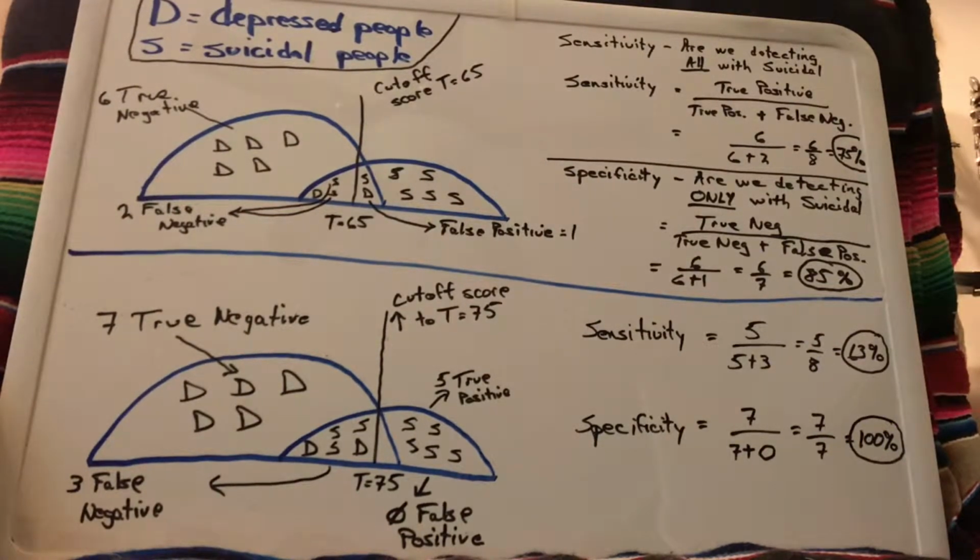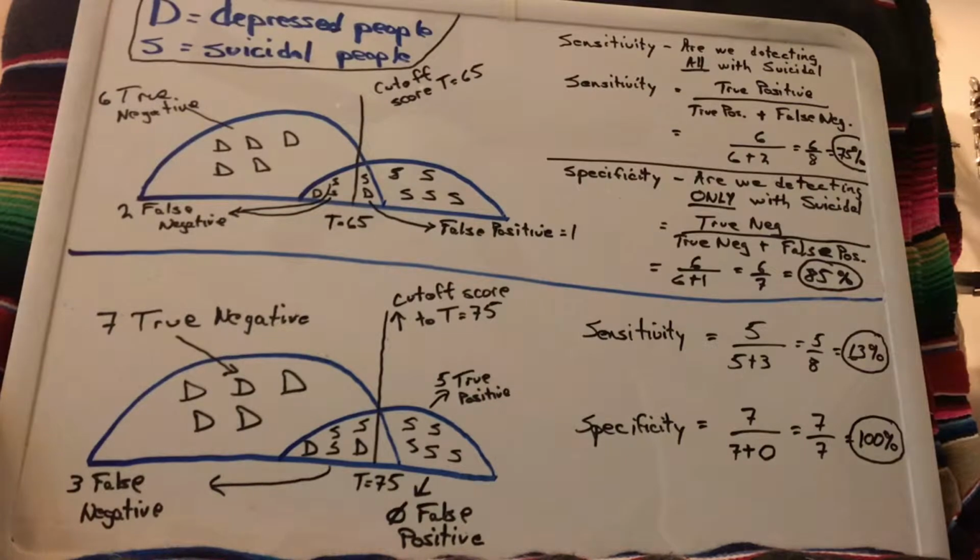And so with this particular example, we're looking at people with depression and people with suicidal ideation. Now, suicide's a huge epidemic, so if we can have a test that can detect folks with suicidal ideation, that would be very helpful so that we can make sure that they're getting the treatment they need. And with sensitivity, I'm just going to keep this very broad, but with sensitivity, what we're asking is, are we detecting all the folks with suicidal ideation? And that's what we're interested in with this particular example, is really detecting folks that have this so that we